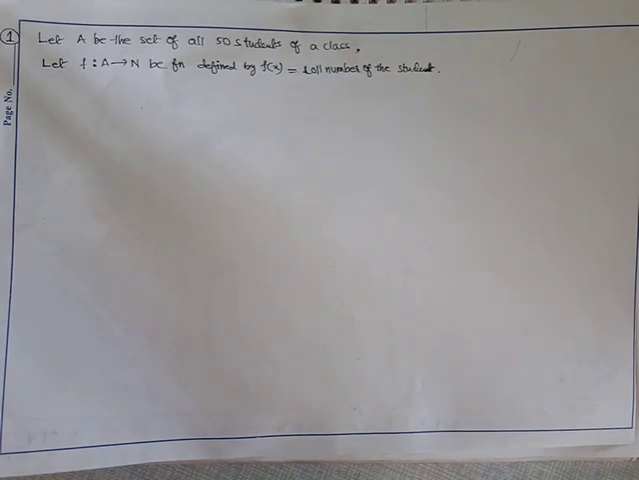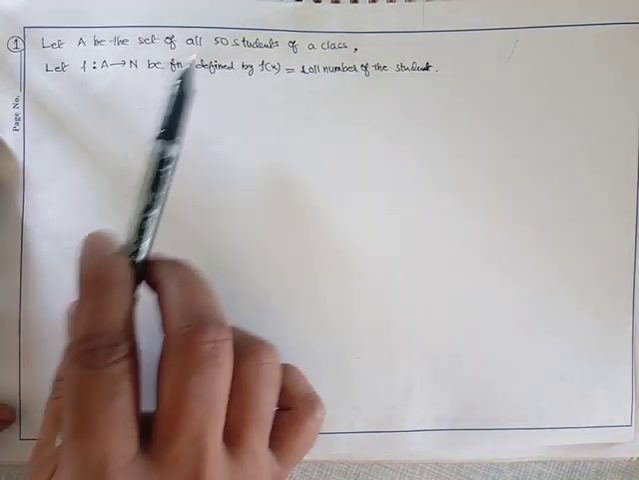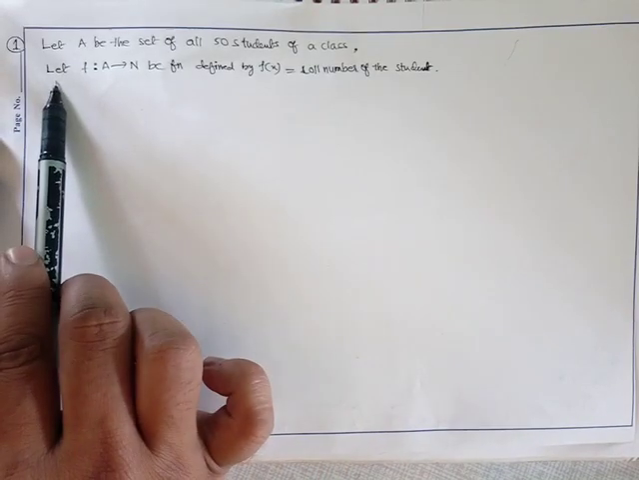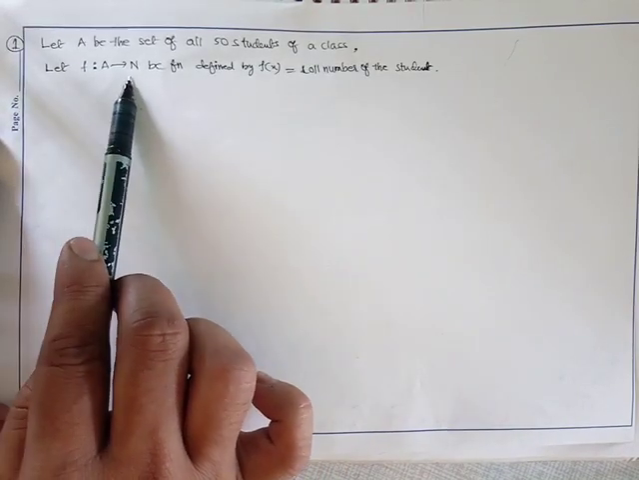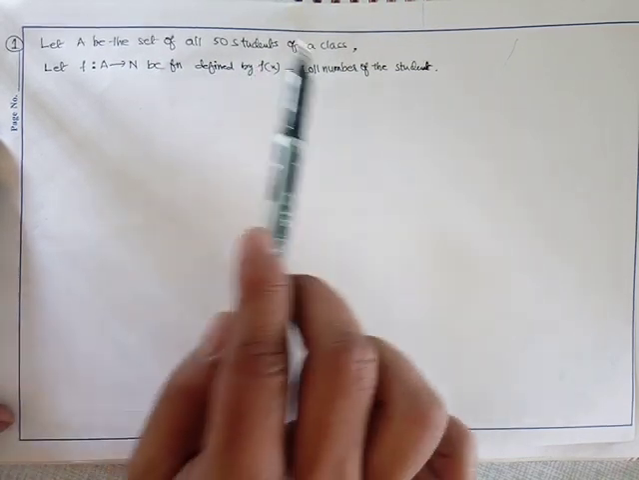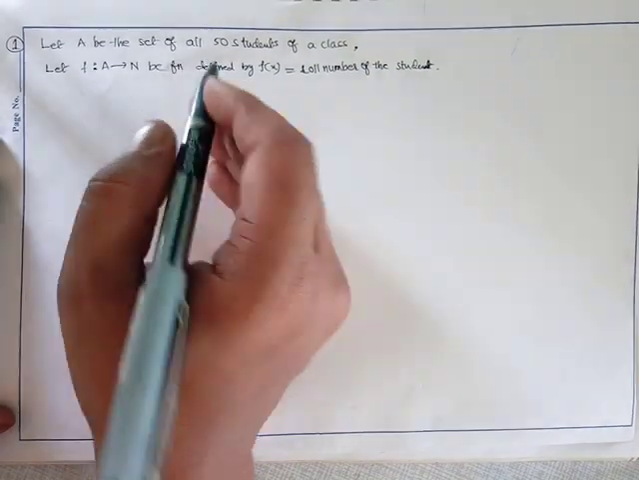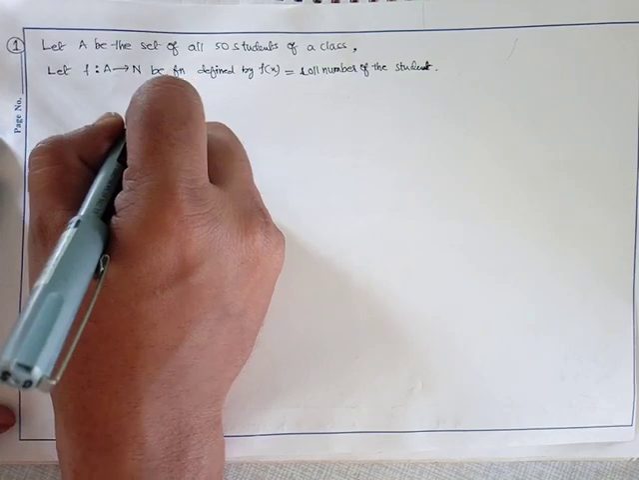As we already completed the definitions of one-one and onto, now we'll see the questions on this particular topic. Let A be the set of all 50 students of a class. Let f be a mapping from A to N, the function defined by f of x is equal to the roll number of the student. Now it can be seen in this manner. So considering the set